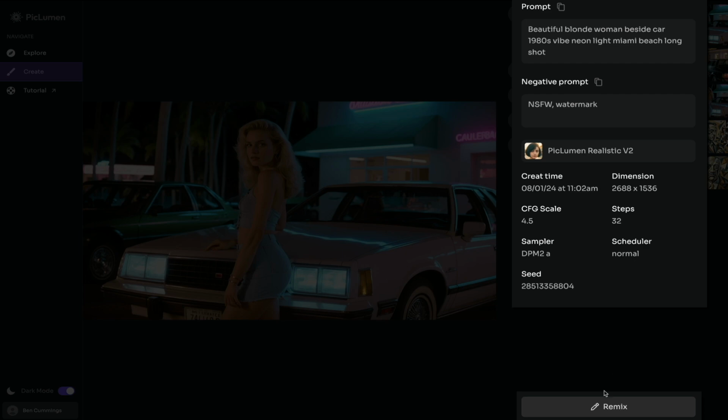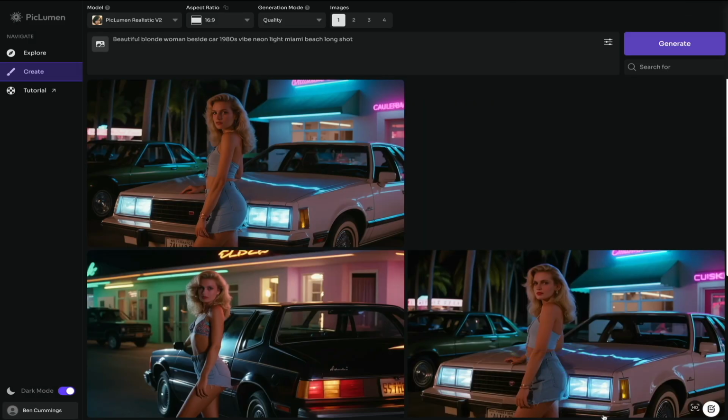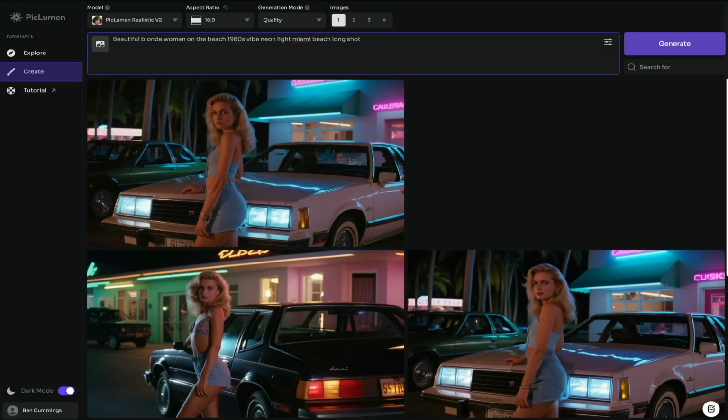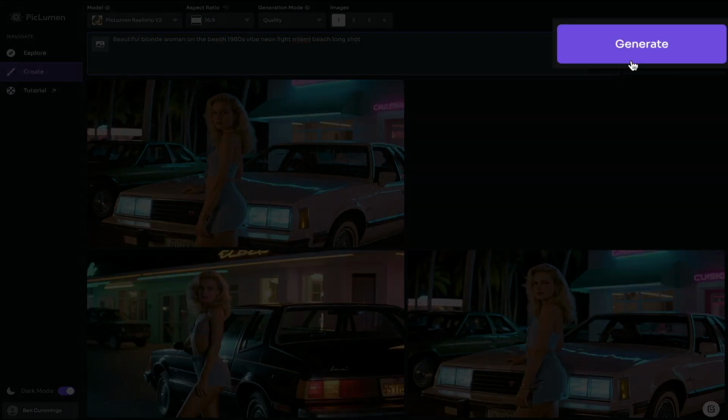So first things first, for this image, click the Remix button. And this will take all the settings and prompt and automatically put it in the image generator like so. Then this is when the Remix feature comes into play. You can tweak the prompt to place your character in different settings. So instead of her next to a car, I'm just going to place her at the beach. Now I would probably tweak this prompt in the settings even further, but for the sake of time, let's just go with this. Okay, so once you're done making your edits to the prompt, click the Generate button, and the